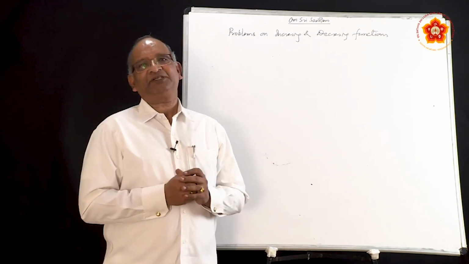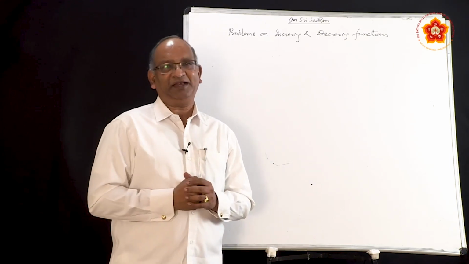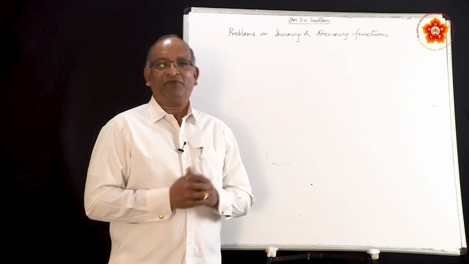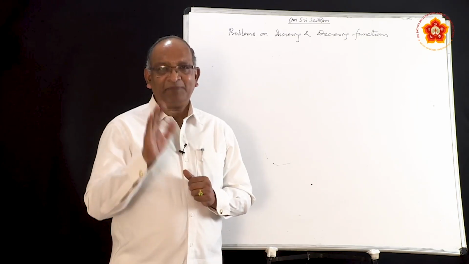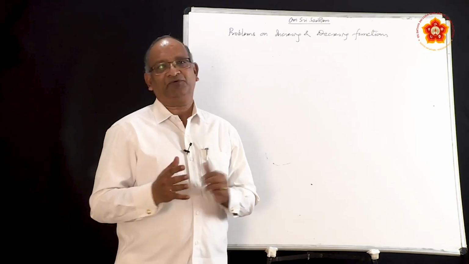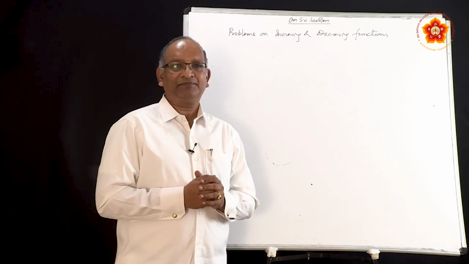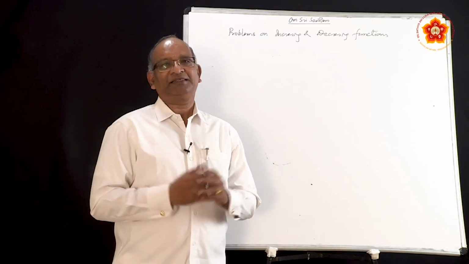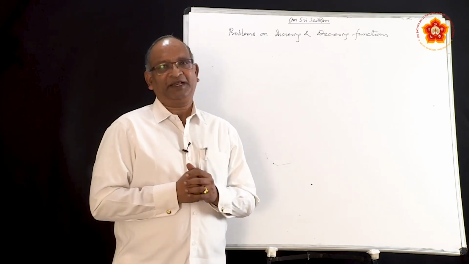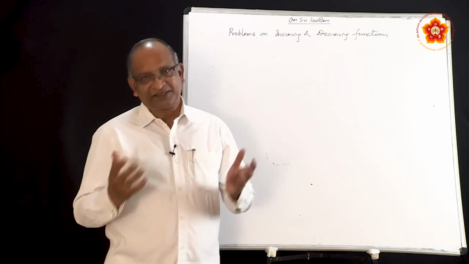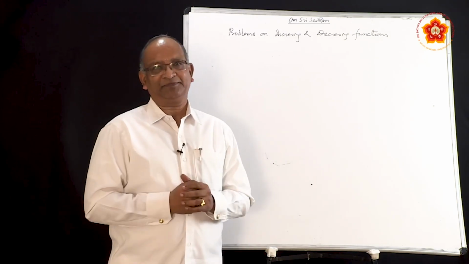The second definition happens to be much easier and simpler, which said if a function is given in a given interval, find the derivative of the function. Choose any value in the interval. If that particular value makes the derivative positive, function is increasing. If that makes the derivative negative, function is decreasing. If that makes the derivative 0, we say that it is neither increasing nor decreasing. By using these two methods, we will be able to solve all the problems of the exercise without much difficulty.